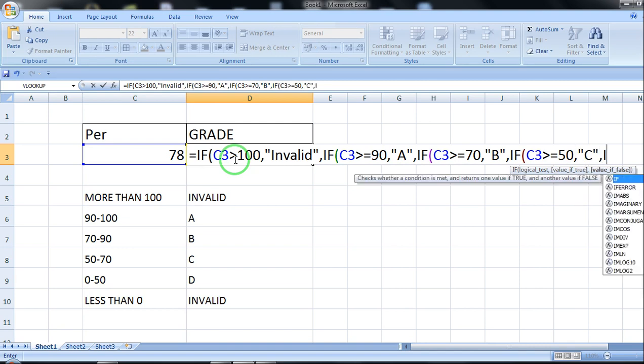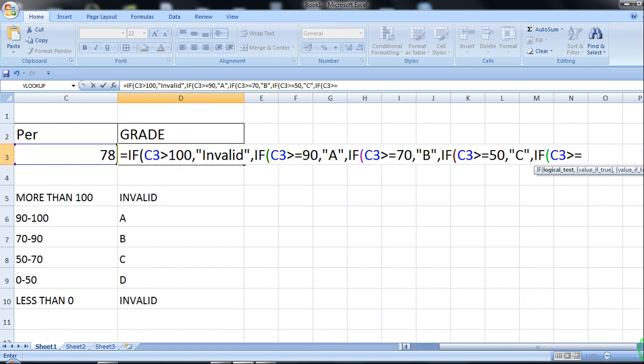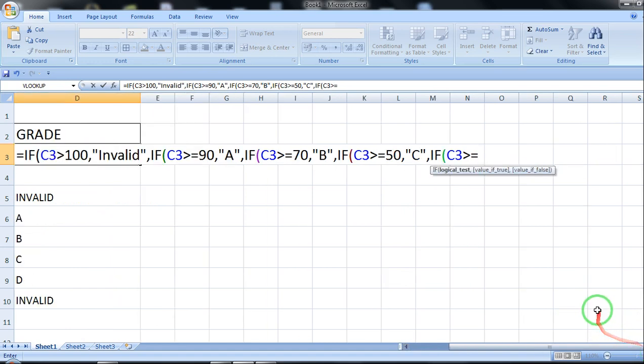If C3, the cell address whose value I want to check, is greater than or equal to 0, then it should display D grade, and if this condition is false, then it should display invalid number, for a negative number.